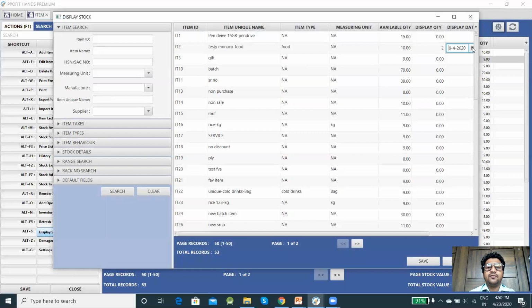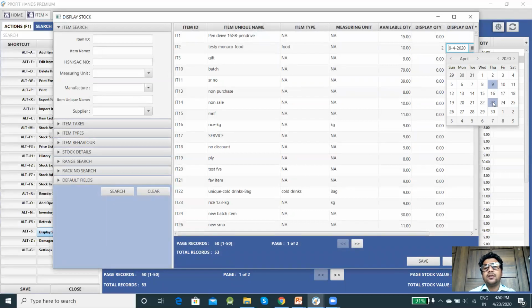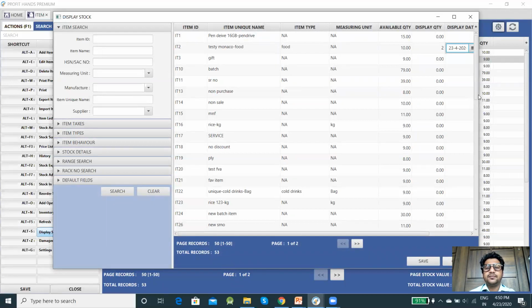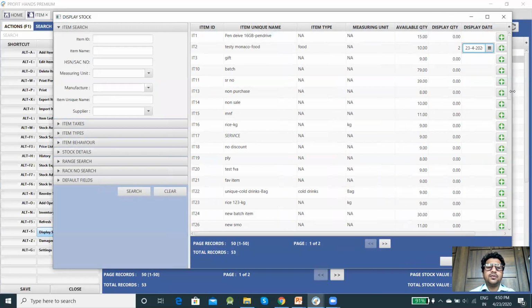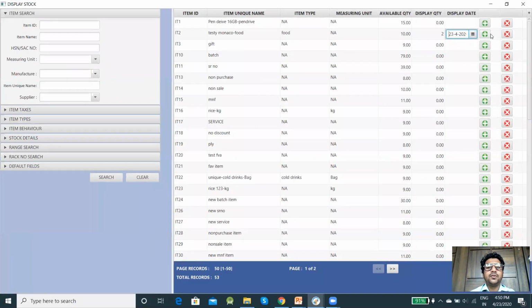I can select the date from which date they are in display. After putting it into display, this item cannot be put into any kind of transaction, and if you want, you can remove this item from the transaction also. So it totally depends on your choice.